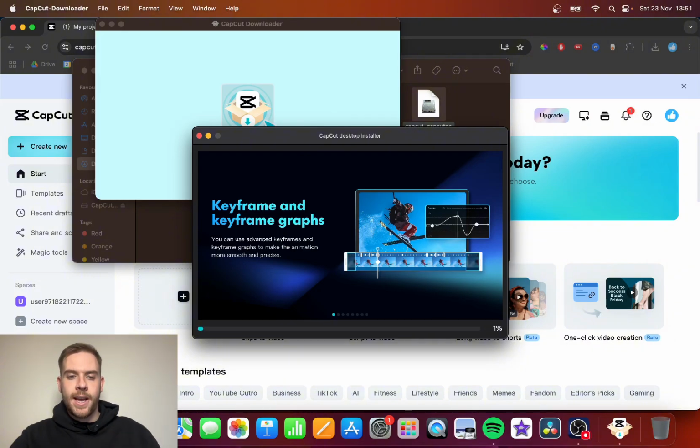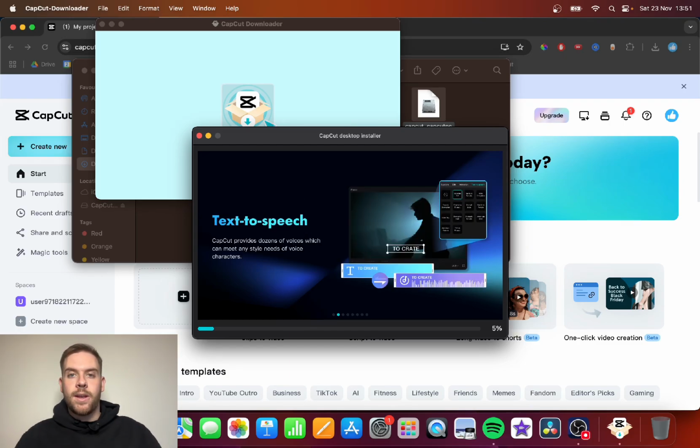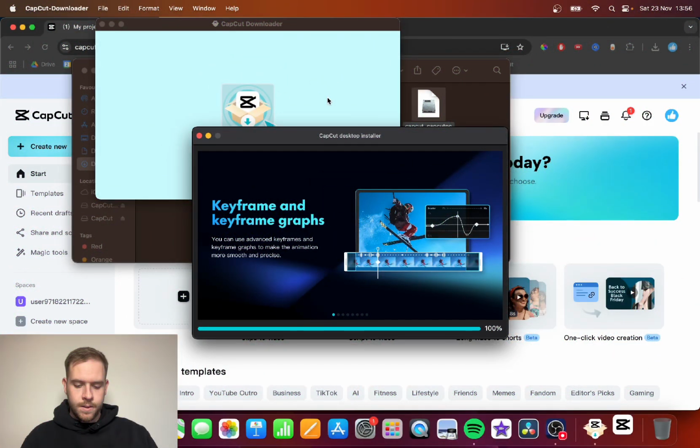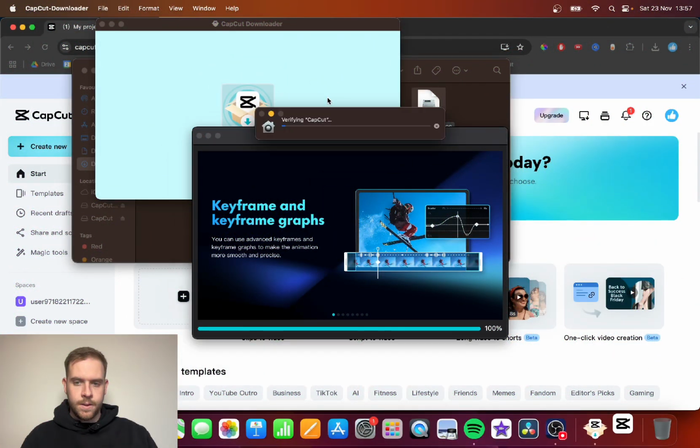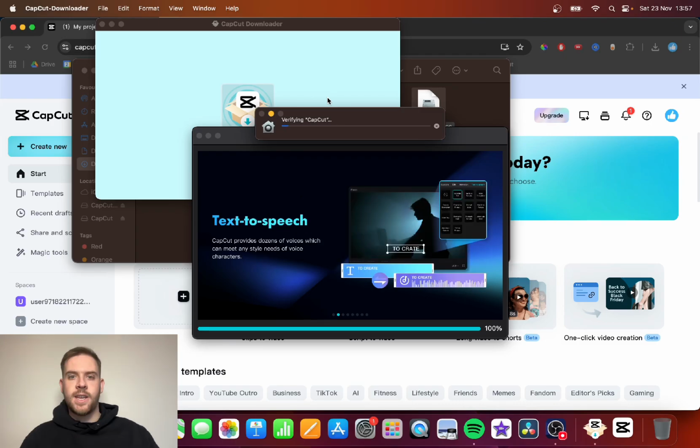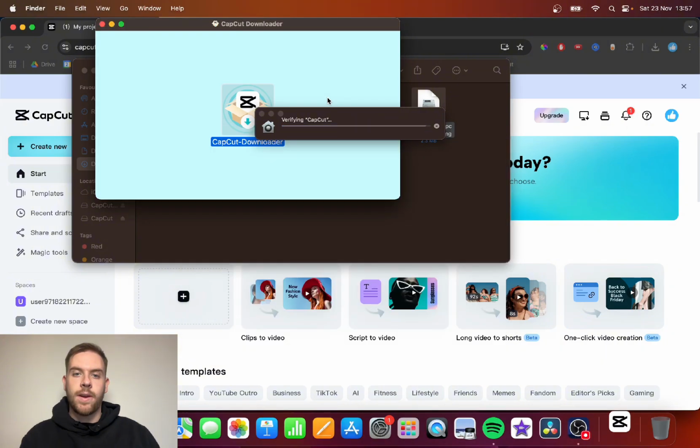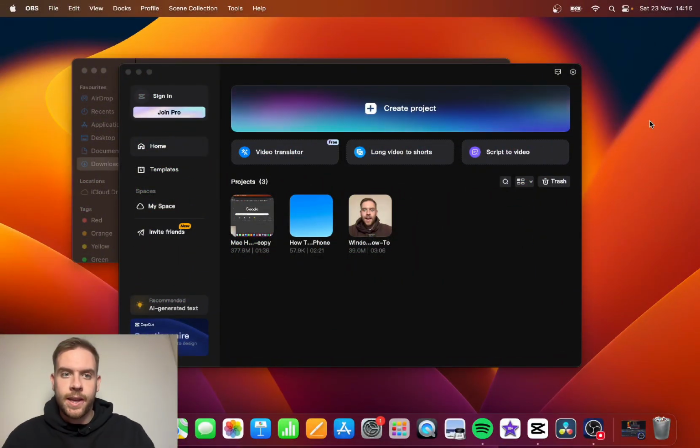So now you can see, guys, the CapCut installer is actually going to download all of the files and install on your device. It might take a little while, so I will come back once this has fully downloaded. So guys, we can now see that the installer has worked correctly and it's downloaded all of the files. Again, just give it time to let everything run correctly and it should open up the CapCut app on your Mac very, very soon. So guys, this is what the CapCut app should look like once it's installed on your